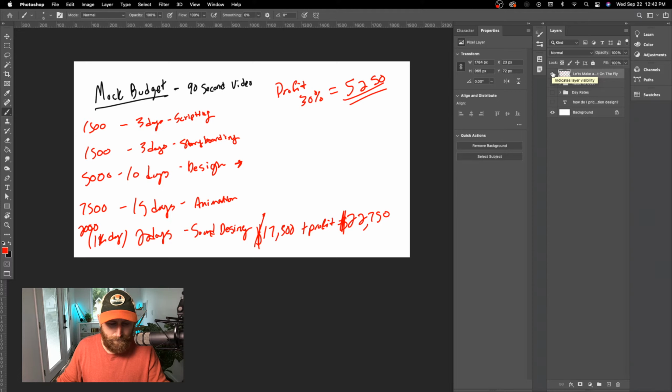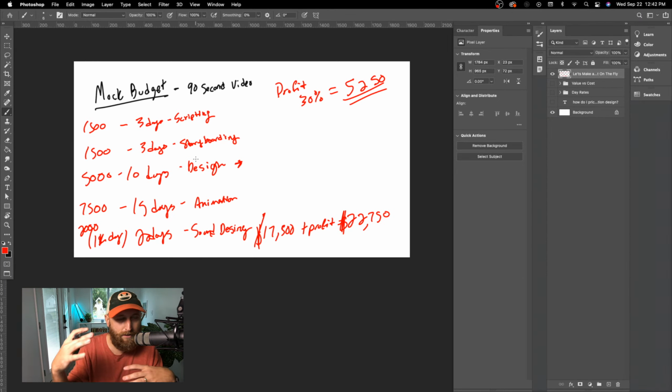And then it's really just about line items. Obviously, there's going to be big differences between a 2D 90-second video and a 3D 90-second video, right? If this was a 3D film, we would really need to redo this. Maybe we need way more time where it says design. We might need to do more storyboarding, but then a whole bunch of time to model assets or rig characters or design characters. So that's going to matter. Or maybe we need things like render farms, or I'm renting a cloud server to keep up with all the rendering I'm going to be doing for the project.